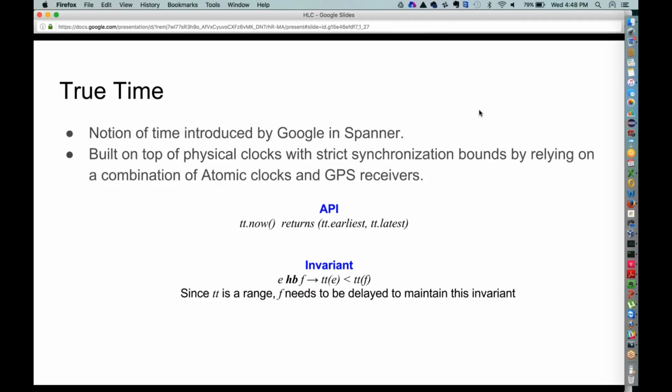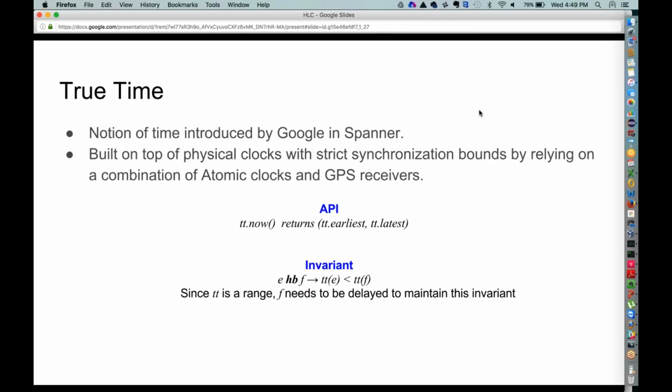The way they approach this problem is they try to solve clock synchronization at a granularity which is much finer than what NTP can provide. They do this by relying on a combination of atomic clocks and GPS receivers in their data centers, which gives them clock uncertainty of the order of less than 10 milliseconds.